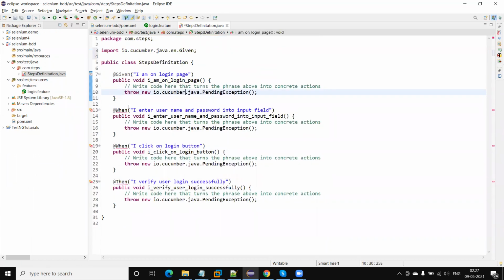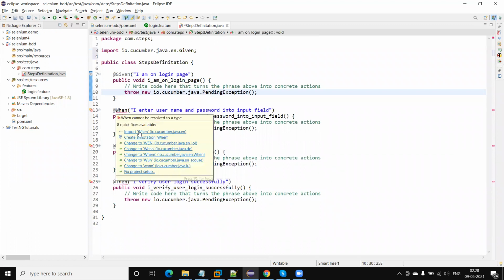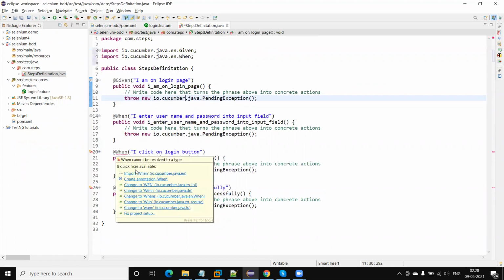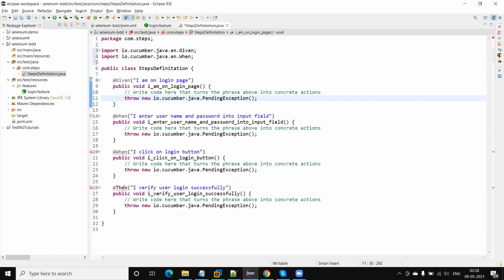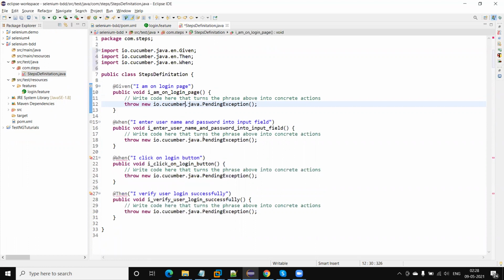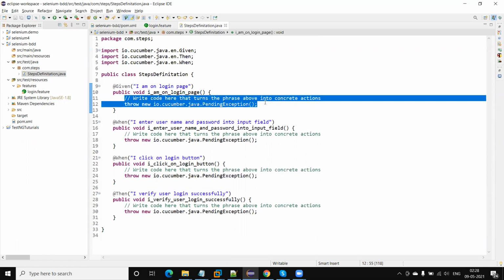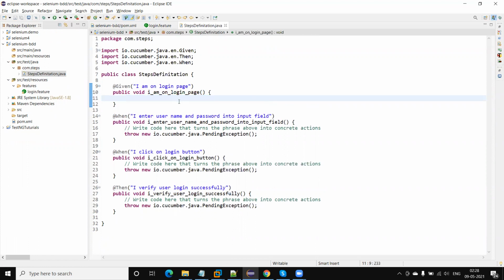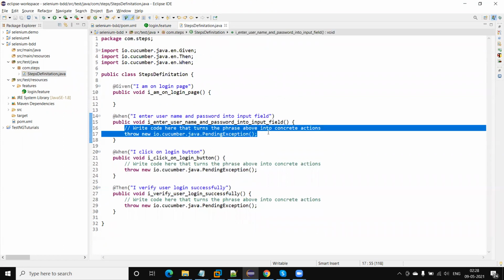Then I'm going to import the required classes. You can also write these step definitions manually. Within each method, by default we will get the throw pending, meaning we need to add some logic here to execute the code.